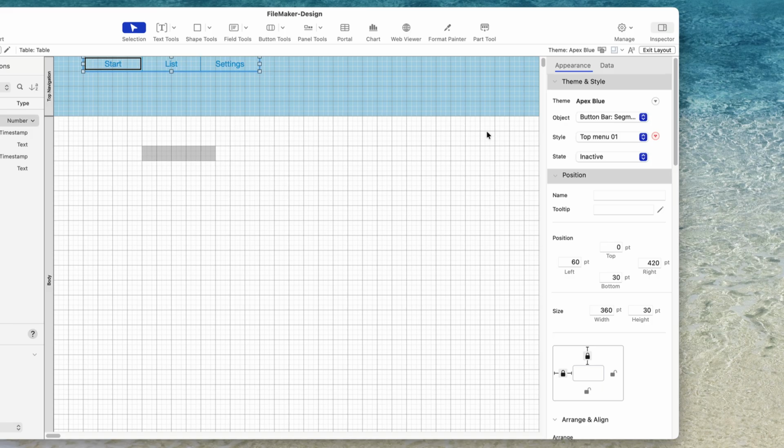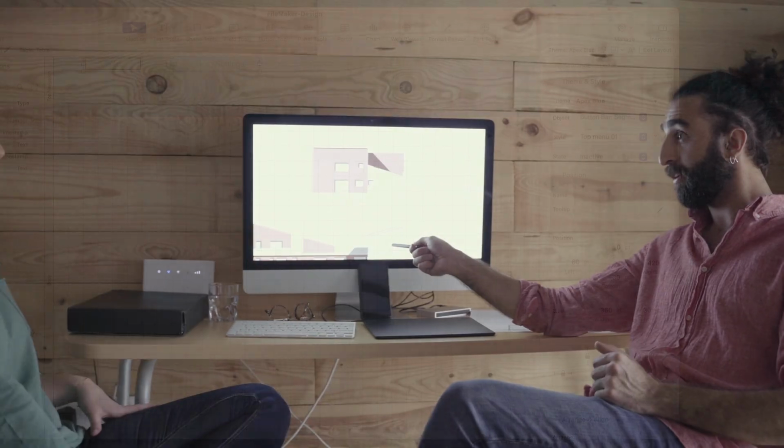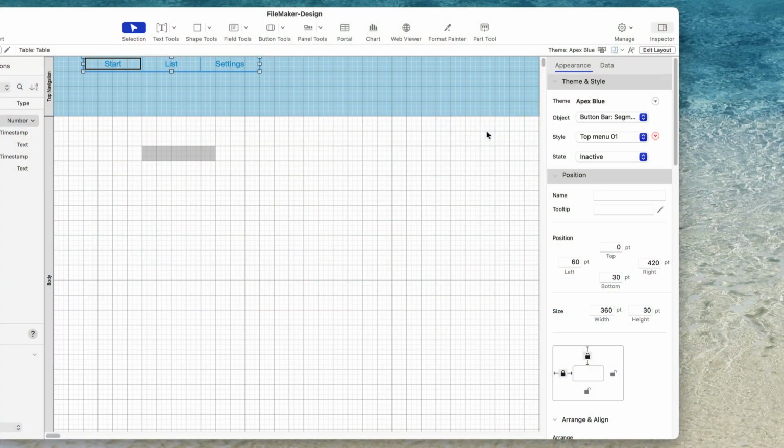So probably if you're working with a graphic designer, you can show him these options and he can present to you a basic understanding of a design and help you to get it right. So he will create a design, you will implement it, and that will be just fine. And if you want to try this for yourself, go ahead, use this setting and then change themes and look for a theme that more or less fits your needs and then go from there. But you will probably have to make just adaptations to your specific solution.